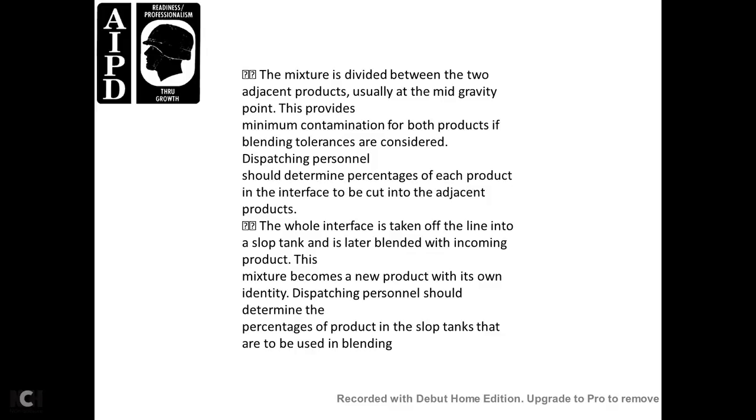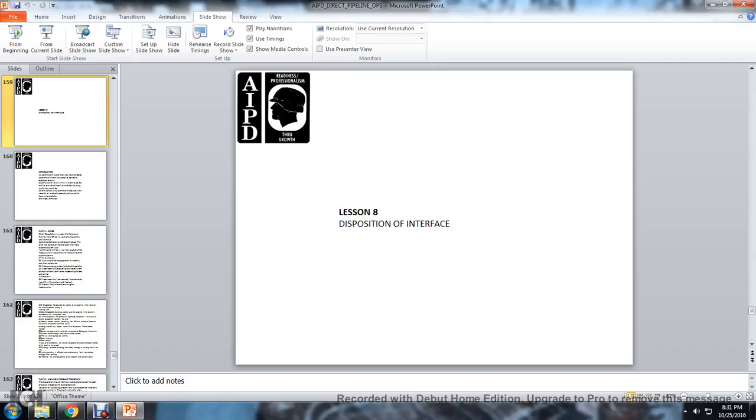The whole interface is taken off the line into a slop tank, and the slop is blended in with the incoming product. A mixture made becomes a new product with its own identification. The dispatch personnel should determine the percentage of the product and slop tanks that are to be used in blending. And that completes the